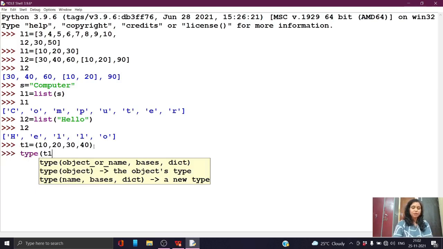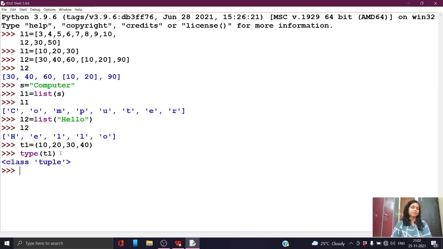आपके पास टाइप फंक्शन है स्टूडेंट्स, आप किसी भी वेरिएबल का, किसी भी वैल्यू का डाटा टाइप चेक कर सकते हो. तो ये क्या हो गई आपकी, टपल टाइप है. तो t1 आपका एक टपल टाइप वेरिएबल है, बिकॉज यहाँ पे भी एक इम्पोर्टेंट कंसेप्ट है कि आप राउंड ब्रैकेट यूज कर रहे हो, पैरेंथेसिस यूज हो रही है यहाँ पे. ओके, लिस्ट में स्क्वायर ब्रैकेट यूज होगा, टपल में राउंड ब्रैकेट यूज होगा. अब आप इस टपल से कैसे अपना लिस्ट बना सकते हो?